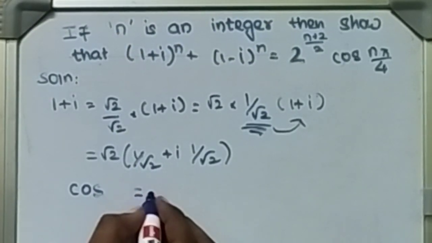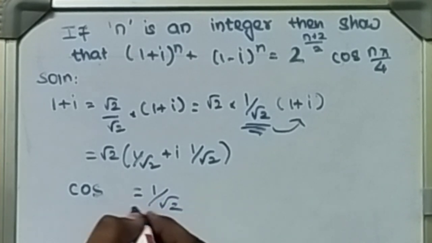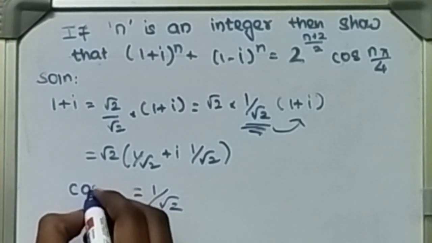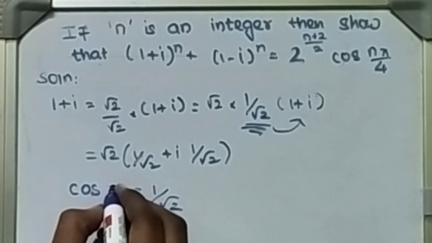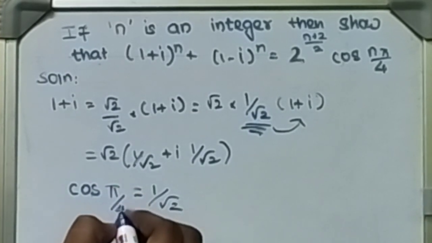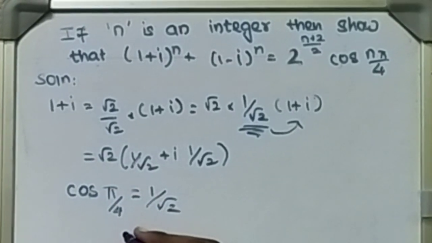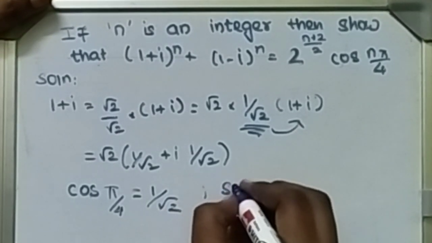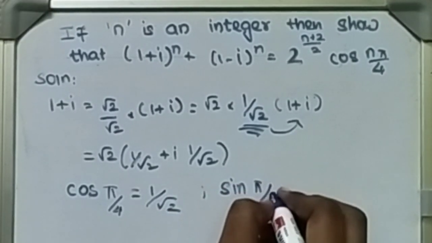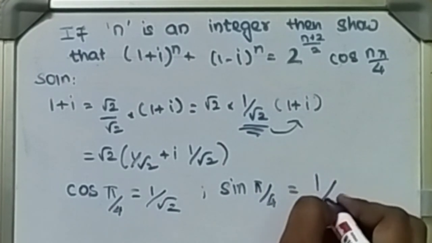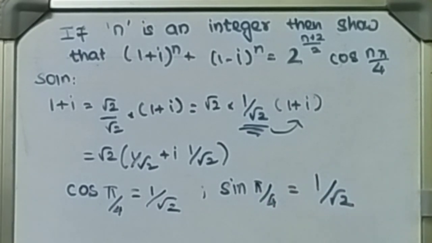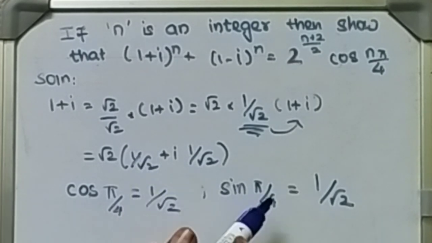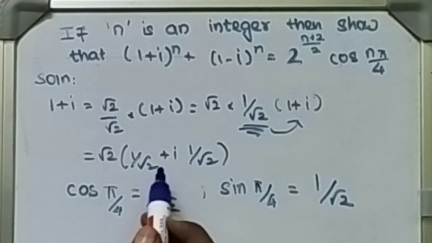So which cos will be equal to 1 by root 2? It is cos pi by 4. Clear? Cos pi by 4 equals 1 by root 2. Similarly, sin pi by 4 also equals 1 by root 2. Right? Now if I substitute this cos pi by 4 here and sin pi by 4 here, the entire term